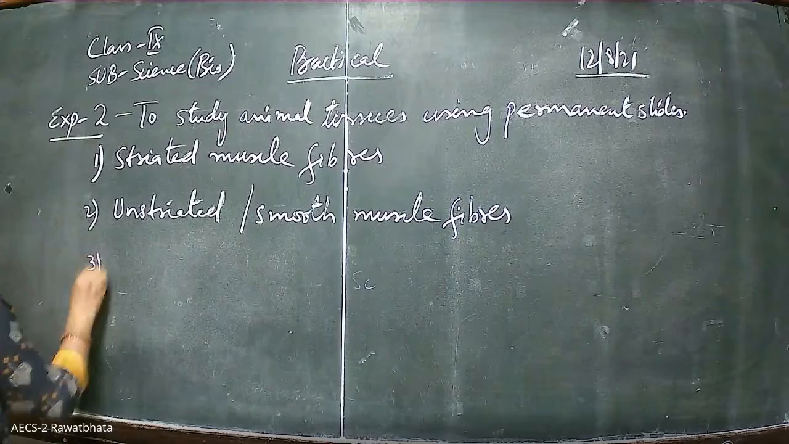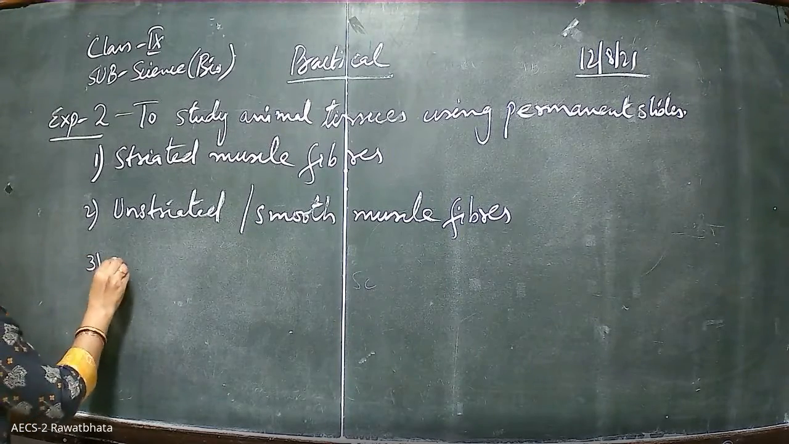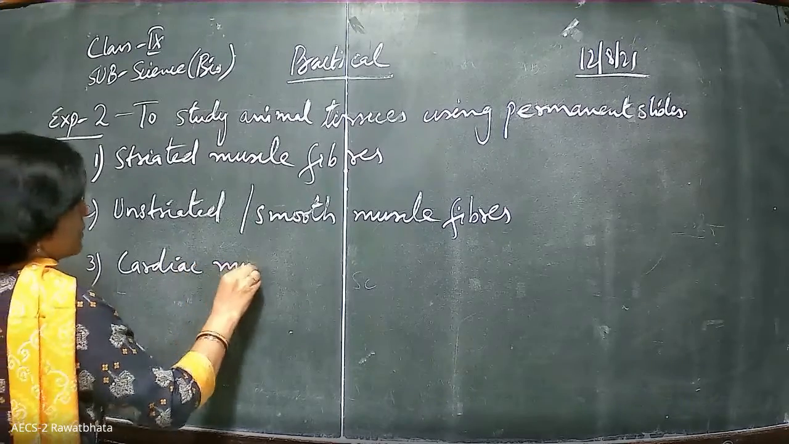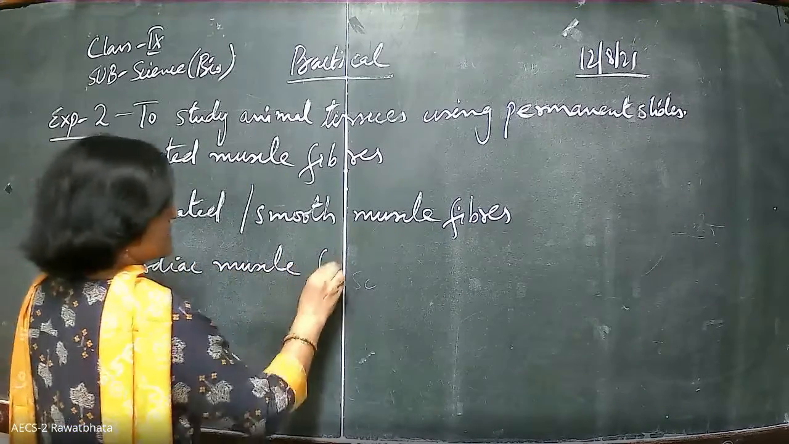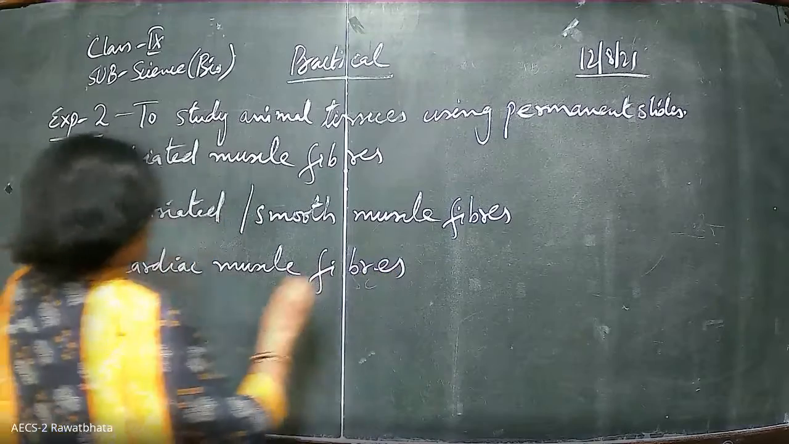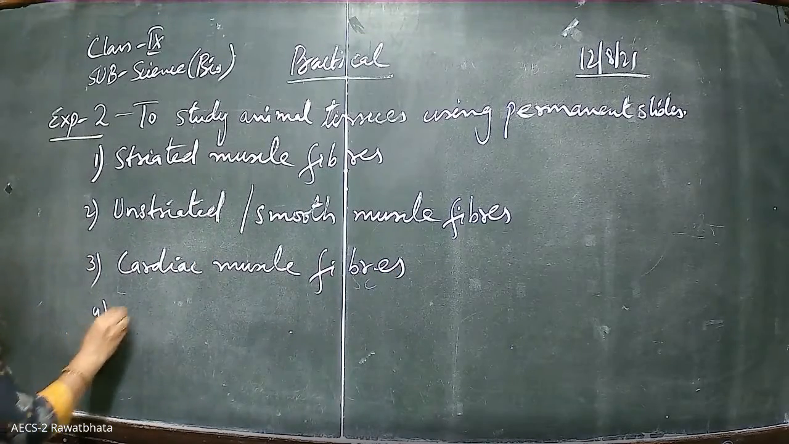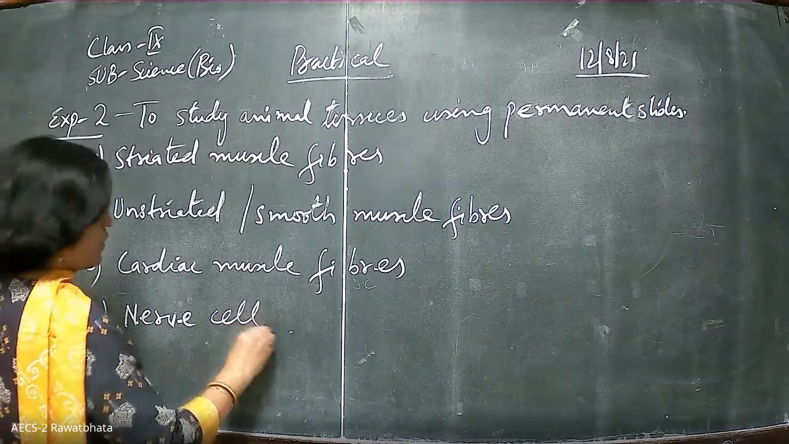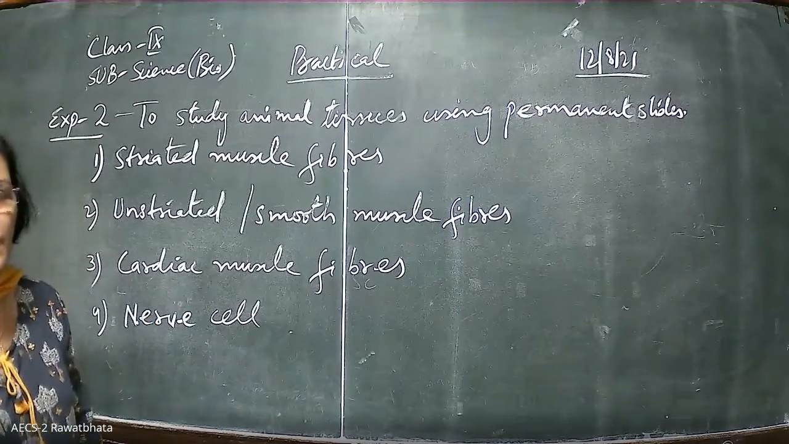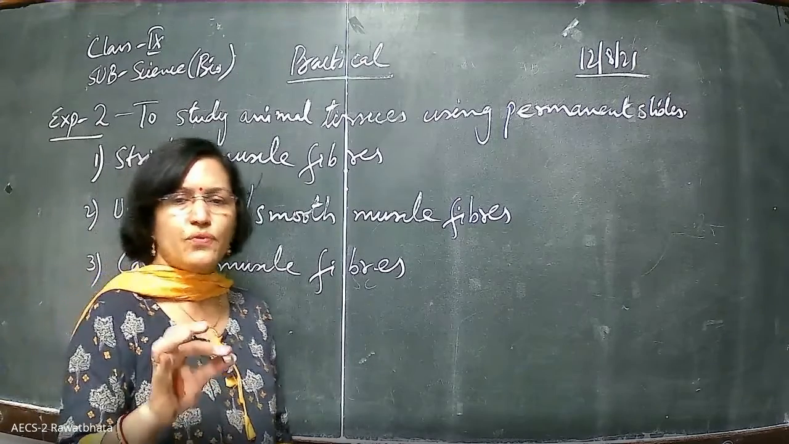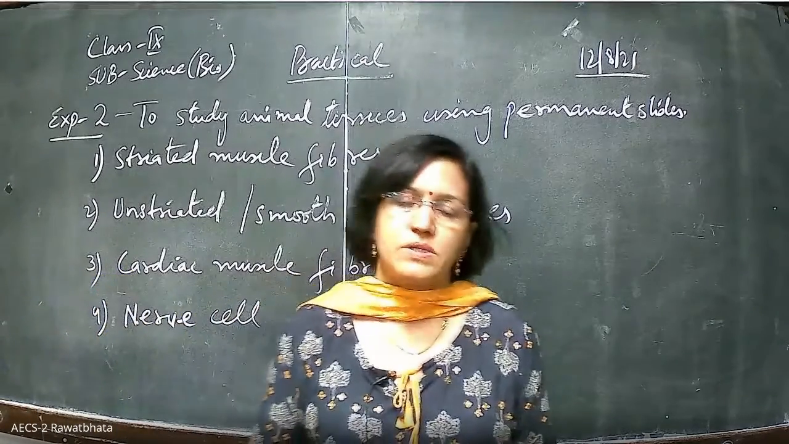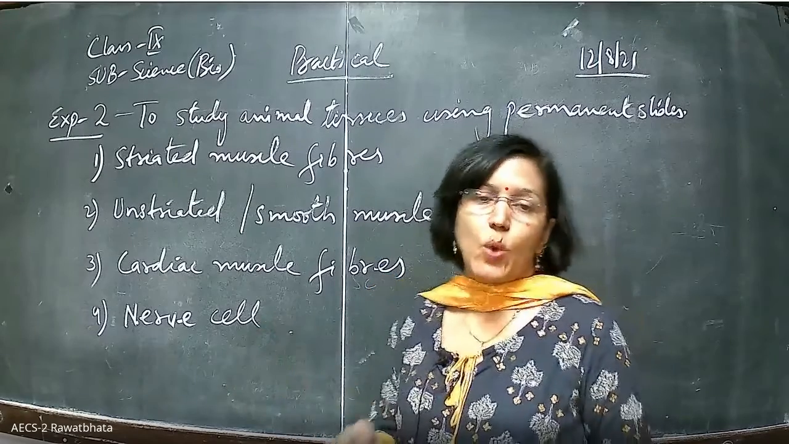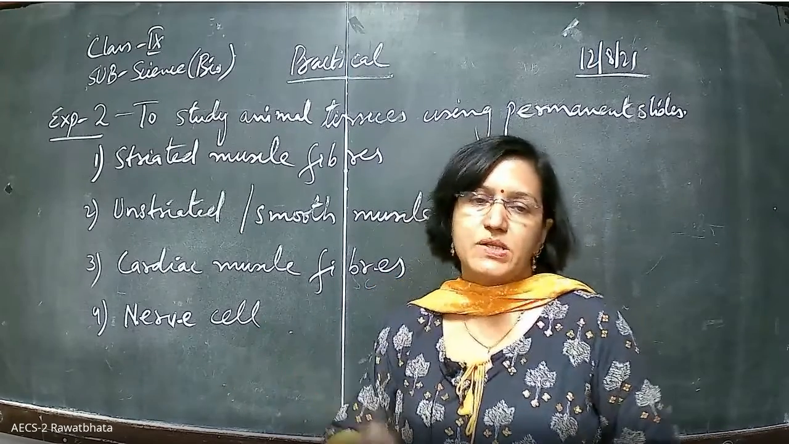And the next one is cardiac muscle fibers. And last but not the least is, of course, the nerve cell or the nervous tissue. And it's so very well clearly been seen in those slides. If you see the striated muscles, the voluntary muscles, the muscles that are present in our hands and legs,